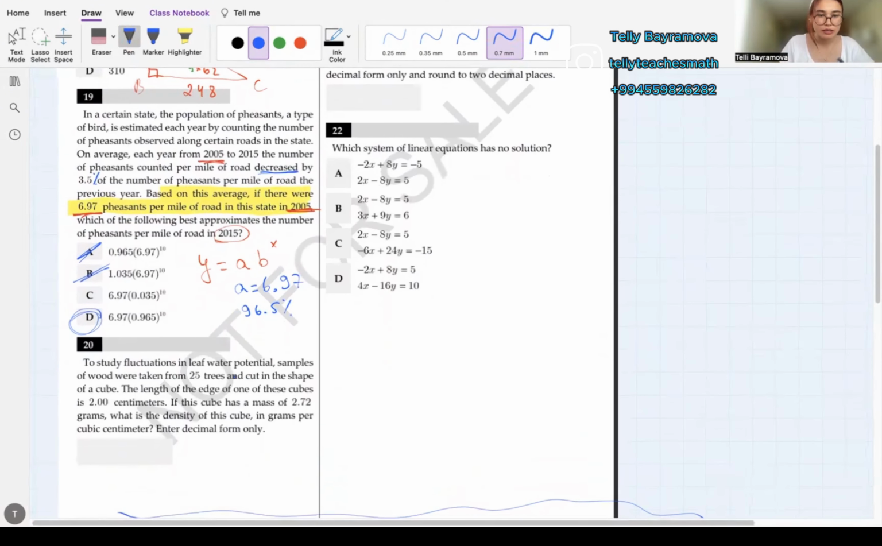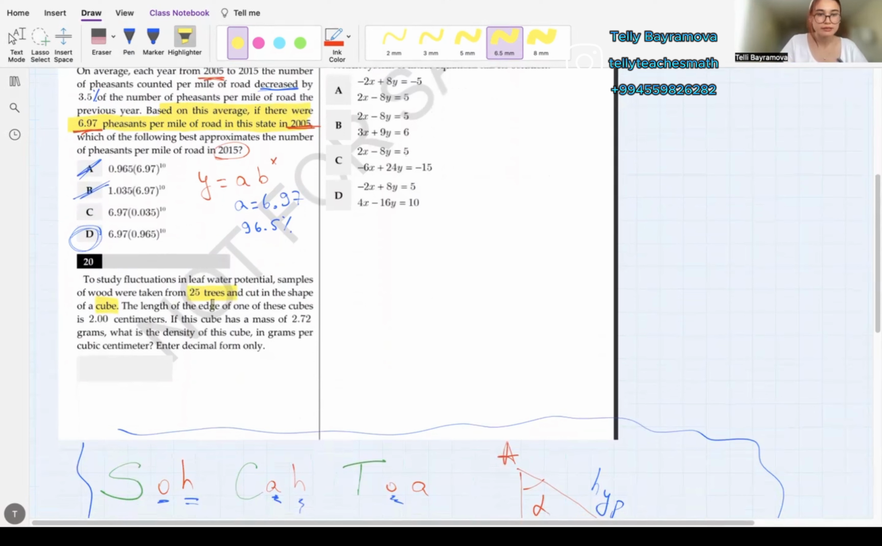Okay, I'm just scrolling the question. We take from 25 trees, cut in the shape of a cube. Okay, we will have some cubes. The length of each cube will be 2 centimeters. This formula will be given. Volume equals a cubed, which is 8. Okay, volume will be 8 cubic centimeters. And the mass